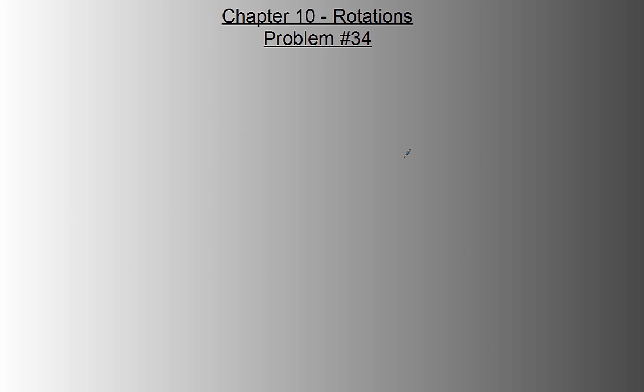Alright, 34. Yeah, 34 is a nice, quick, and easy problem. It's dealing with basically graphs of motion, which we've done back in chapter 2, and then kinetic energy, rotational kinetic energy. So we got a graph,